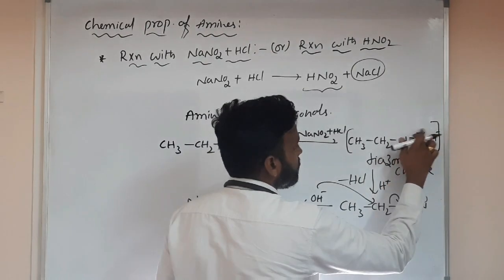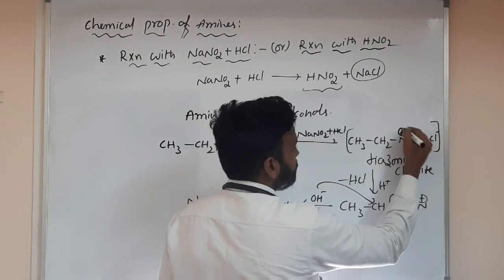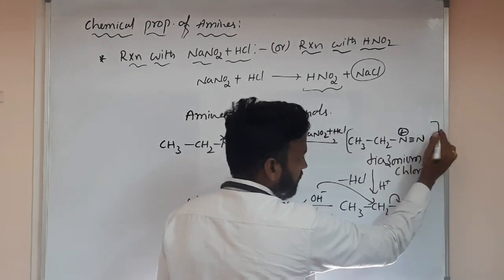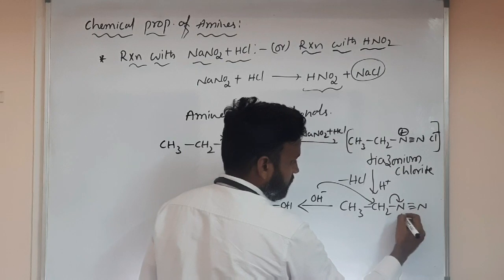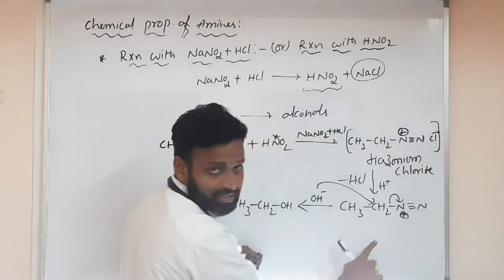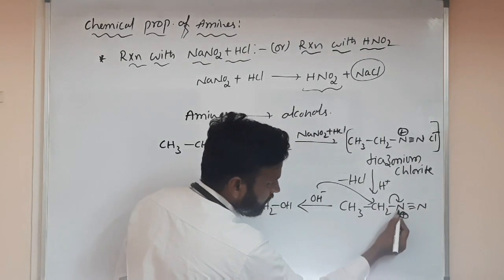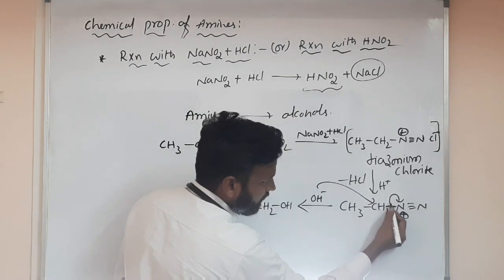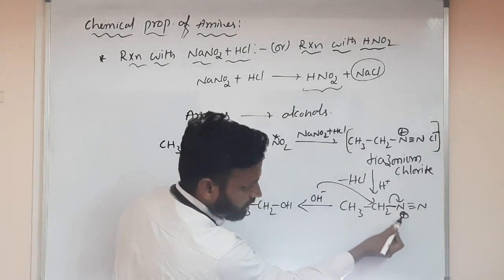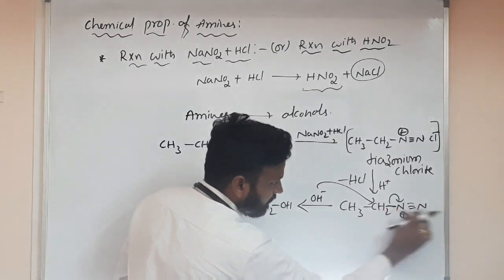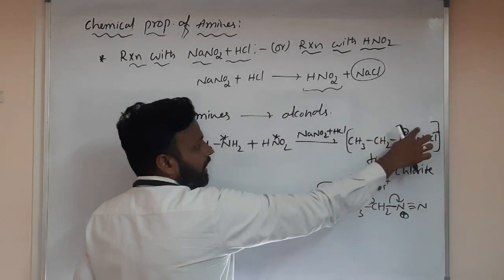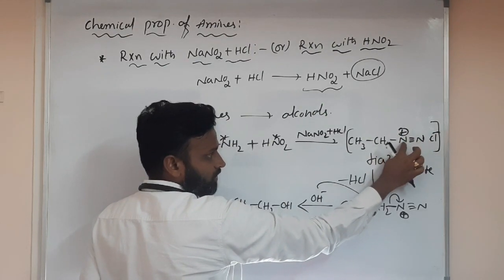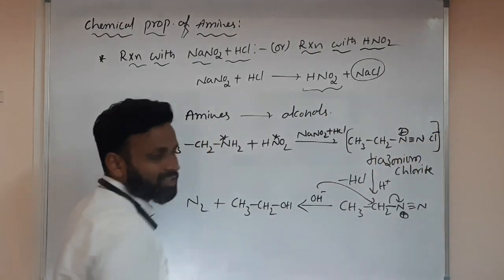Actually sir, this has 4 bonds, no, sorry, positive charge here only. So here Cl minus has interaction with this nitrogen, and this positive charge will be neutralized. Understanding? When this bond is broken completely, negative charge will come on this nitrogen. So negative and positive will cancel, and N triple bond N will come out. Correct. I wrote in the previous also, this nitrogen is positive because it has 4 bonds.